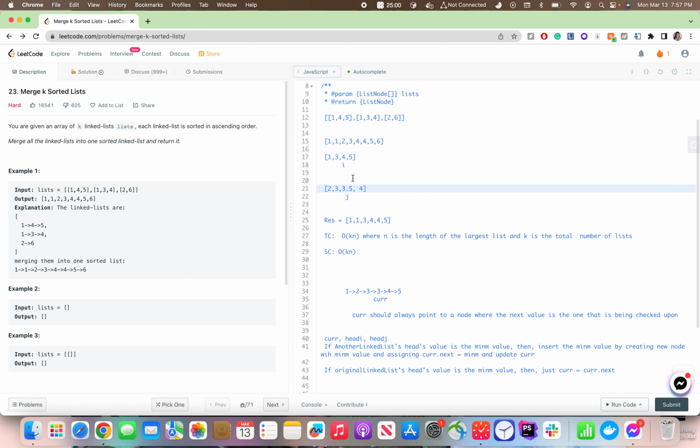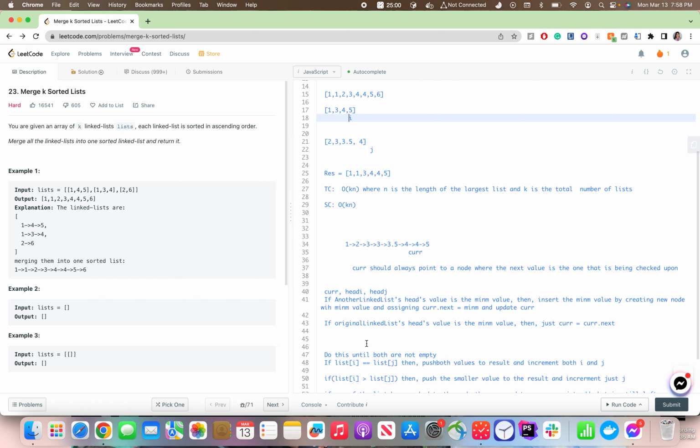So 3.5 is less than 4, so I would add 3.5 now, right? And the current would also be updated, and now I'm looking at 4 4. So first of all I would insert 4, and then according to this I just update current now because 4 is already here, and at last there is nothing left here, and since one of them is empty,